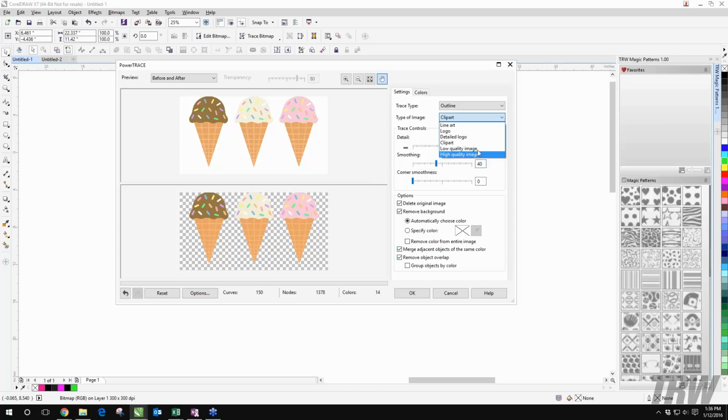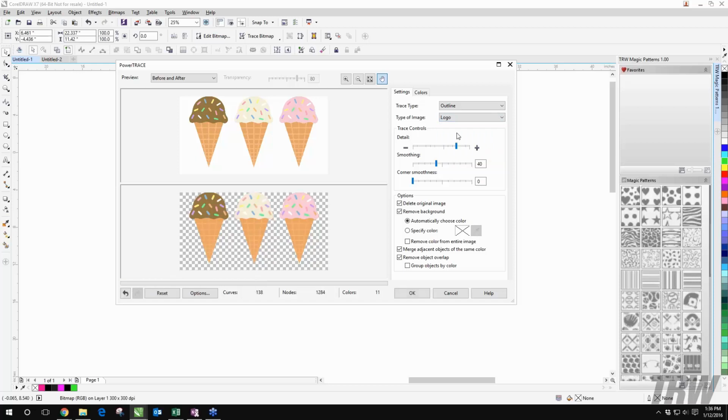Oh, we can scroll through these. These are the same options that we saw before. So say we pulled in our ice cream cone and the first option we picked was line art. Let that load. It's actually going to go through and retrace it as line art, and all we're going to see is these very simple, very basic ice cream cones. We don't like that. We like to have those lines in there because we want it to look exactly the same. So now I can scroll through, go to our logo option,